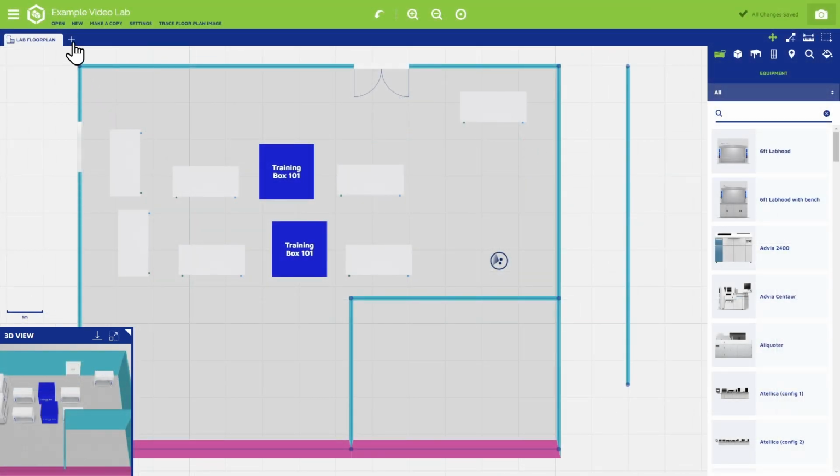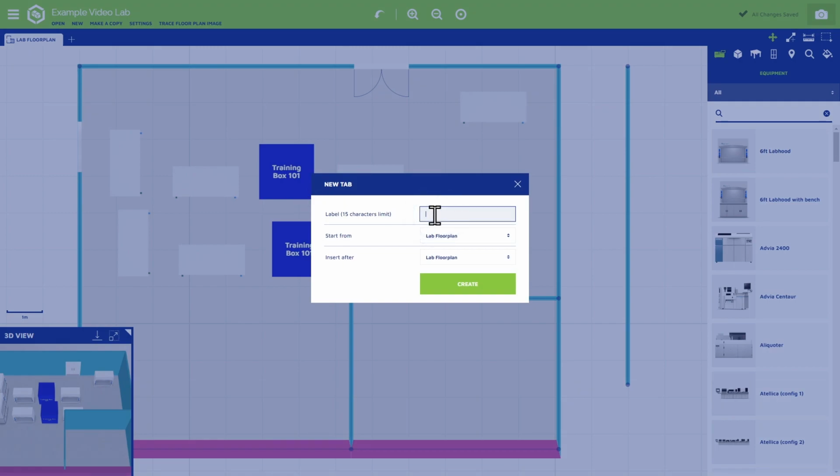Using the plus button on this menu bar, you can add a new tab to your lab space. Tabs are essentially variations of a lab space. Every tab will have an identical floor plan, meaning the exact same walls and wall points, but they can have different configurations of assets. When creating a new tab, you'll need to give it a label